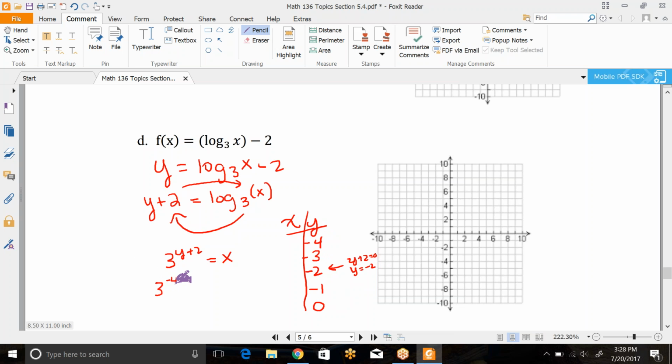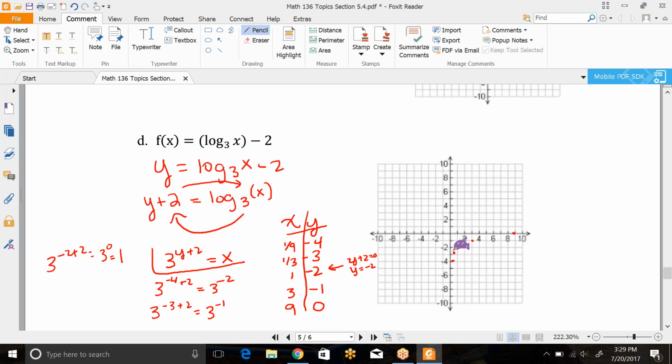So this would be 3 to the -4 plus 2. So that would be 3 to the -2. So that's going to be 1/9. This time there's no negative in front, so it's going to be positive. 3 to the -3 plus 2 would be 3 to the -1, so that's going to be 1/3. And then 3 to the -2 plus 2 is 3 to the 0, so that is going to be just 1, and this will be 3 and 9. So you're noticing a pattern kind of emerges here. So this is 1/9 down -4, and this is 1/3 down -3, 1 down to -2, 3, -1, and 9,